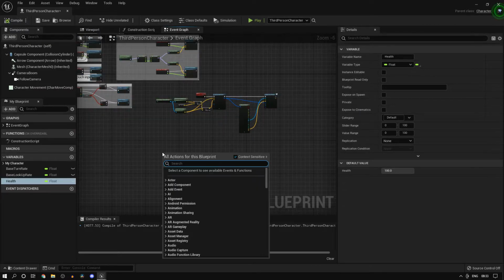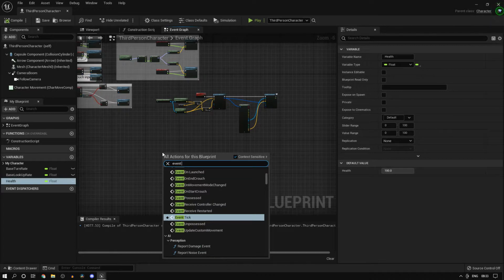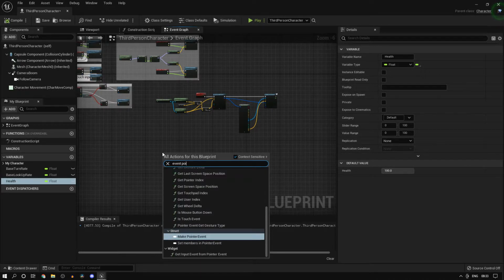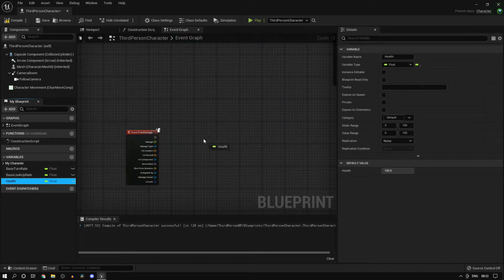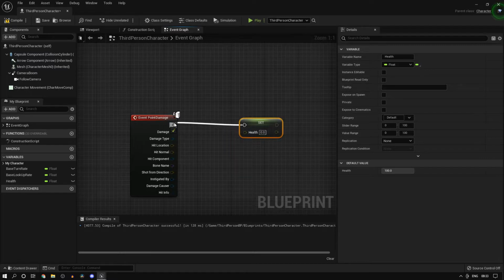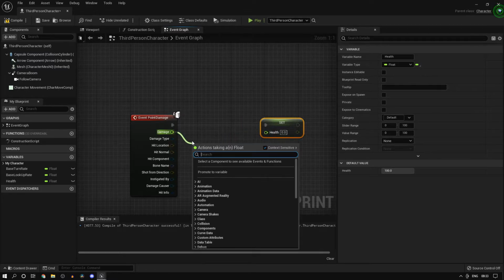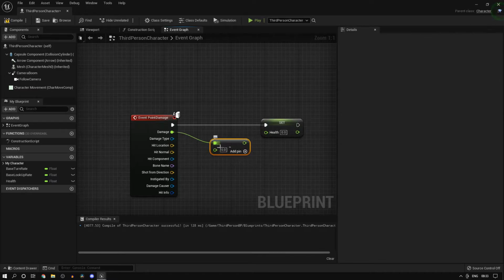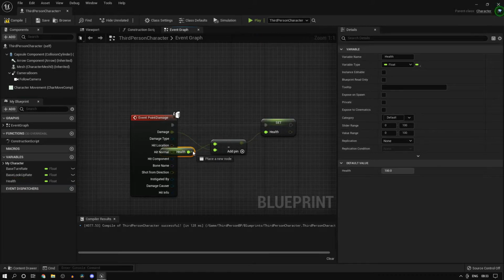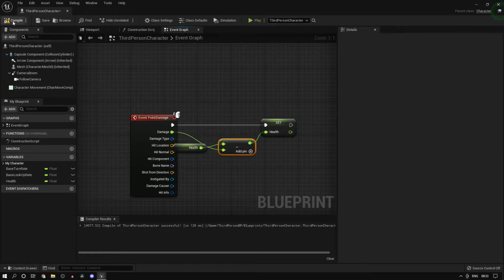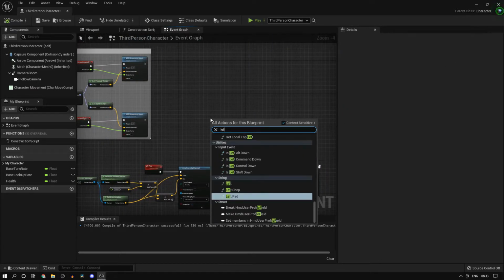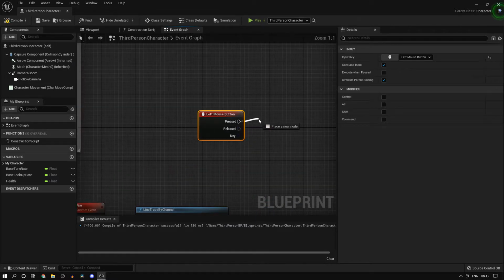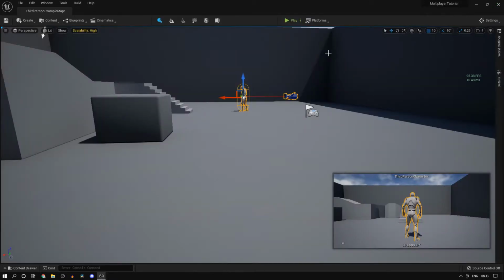Once we have this, whenever it hits the character, an event Point Damage fires. Now this is the default damage system in Unreal Engine. Although for your game I would still suggest you have your own damage system, it doesn't really matter. This tutorial is intended for variable replication, so it's fine. Once that is done, let's set up a simple input event, left mouse, so we are going to fire. This is a pretty straightforward setup.